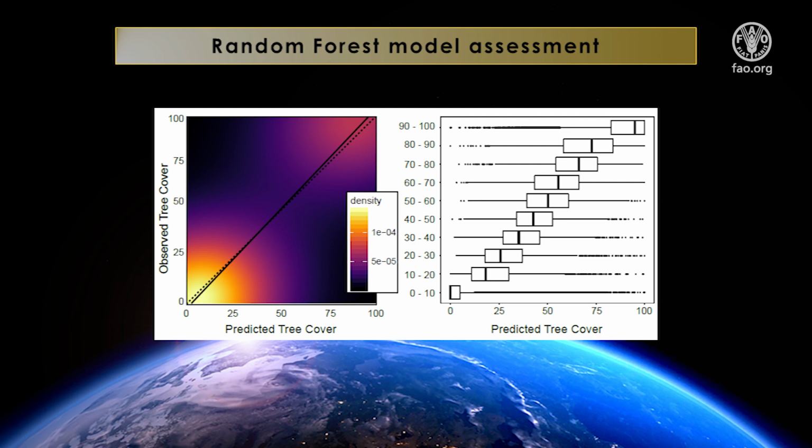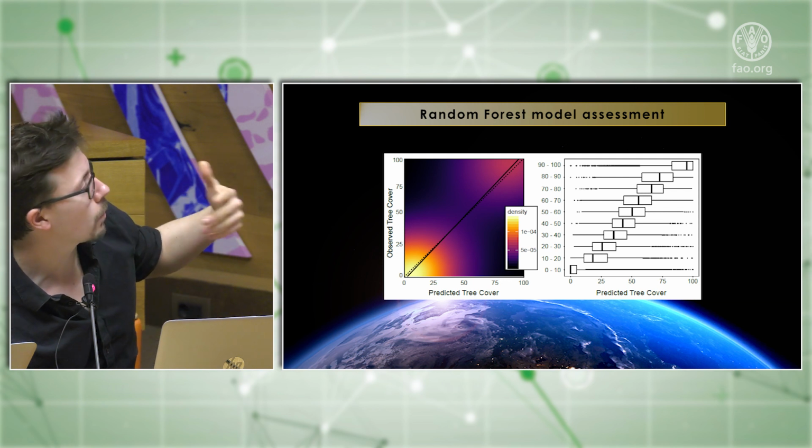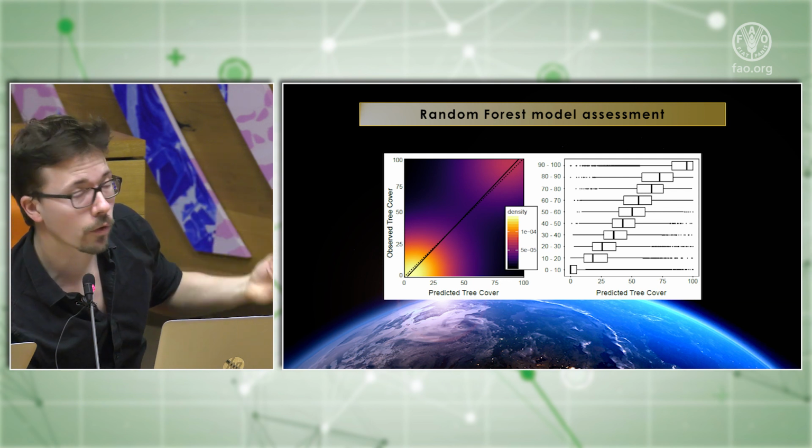What you can see is that, well, it's not super clear, but the model fits quite well. The R-square is about 0.8. You can see also on the left graph that you have a line on the diagonal, which is the line of the prediction of the model, which is well aligned with what we call the 1-1 line in statistics. And so the model fits quite well and is not biased.